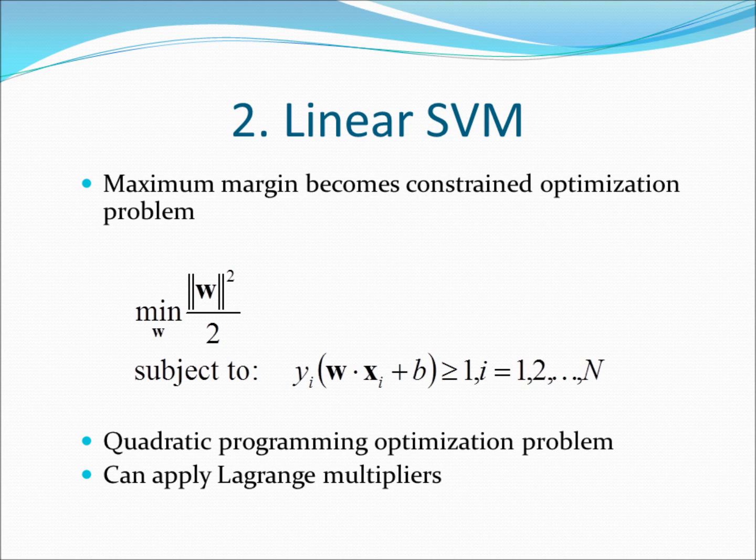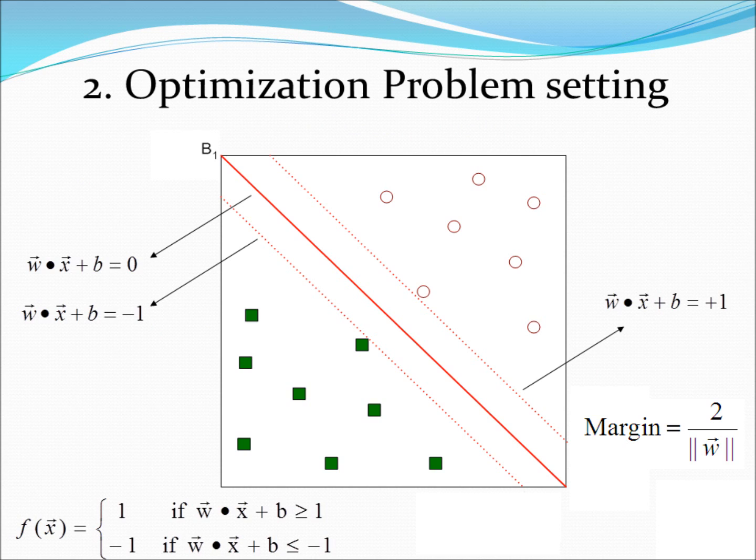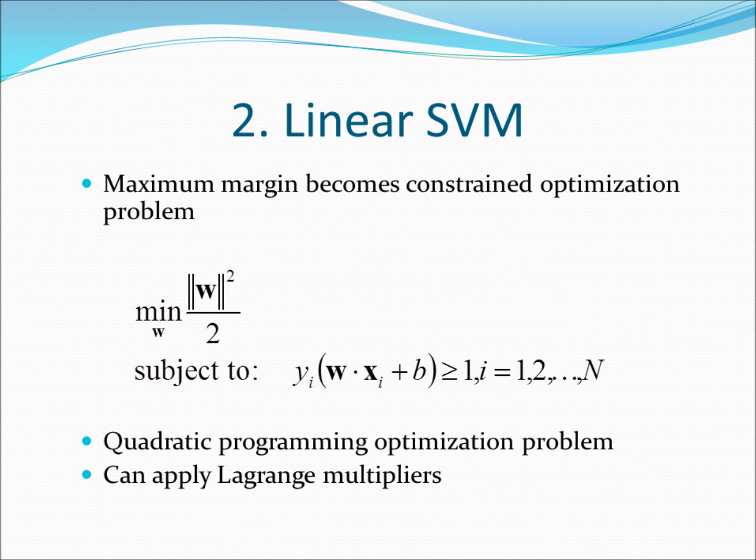Under this condition. This condition means yi, we have two classes, positive and negative. The y either equals positive 1 or negative 1. This is the binary class. Times this. Either bigger than 1, or if this is negative 1, really is less than negative 1, right? If this is negative 1, you remember the equation, right? So if yi is positive, it's on this side; if yi is negative, it means on this side. Because negative, you need to change the direction of the inequality, right? Okay, that's the